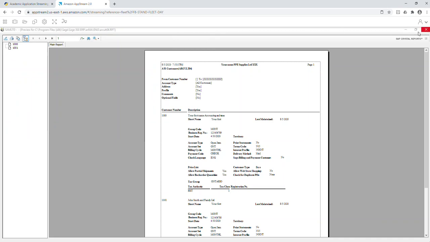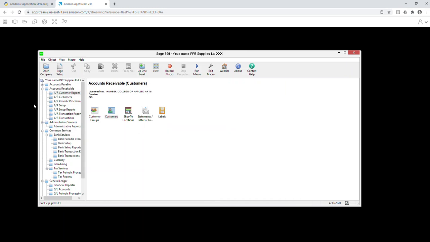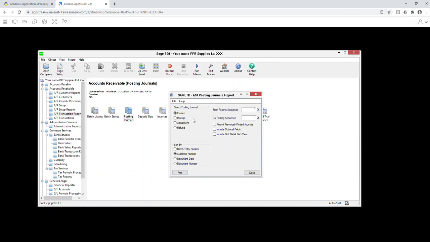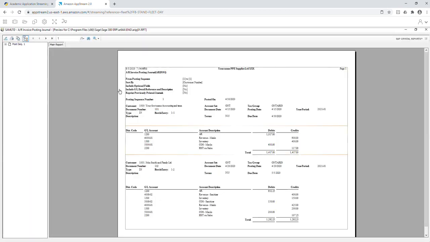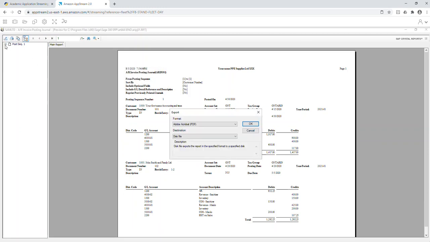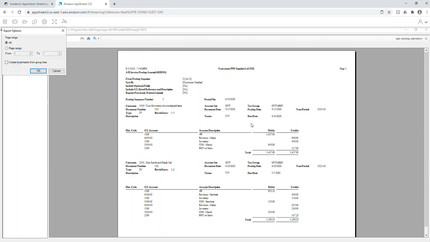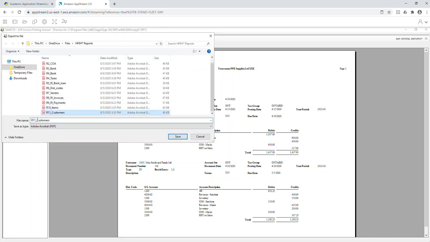the sales invoice. So I'm going to go into AR transaction report, posting journal. So first I need the invoice. So I want to click invoice, click print, and I'll see that report is the posting sequence number 1. So I'll save that, and that will be R12,